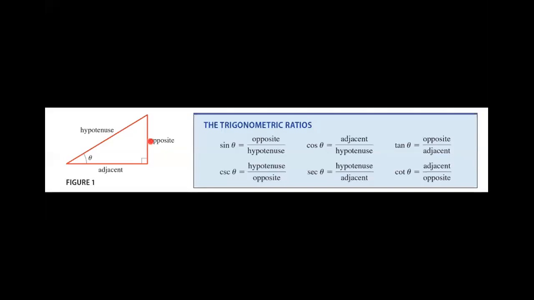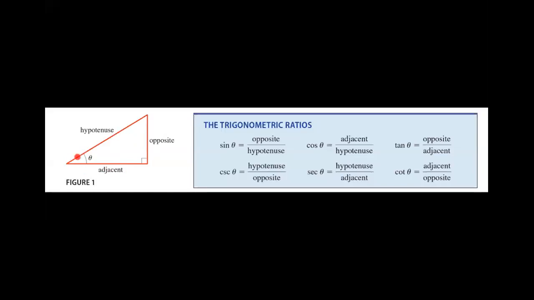We have a right triangle where this angle is theta. The opposite of theta is this side, and the adjacent for theta is this side, and the